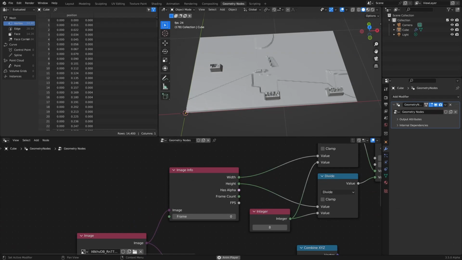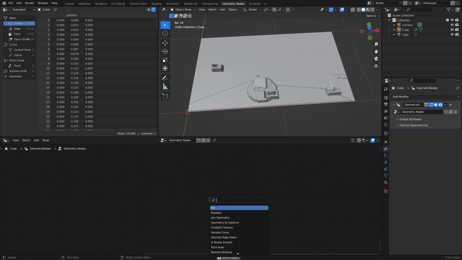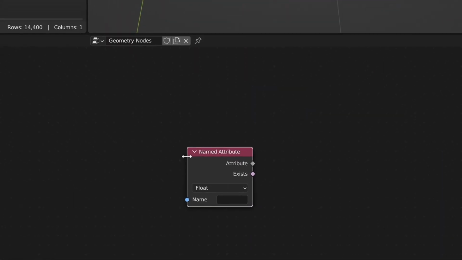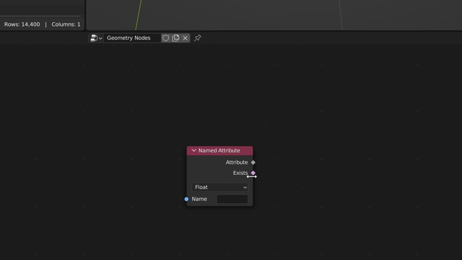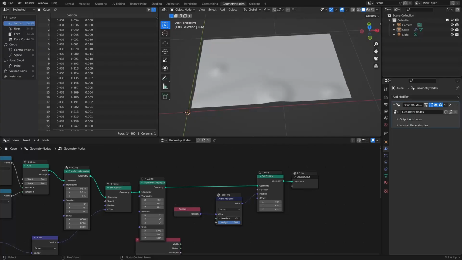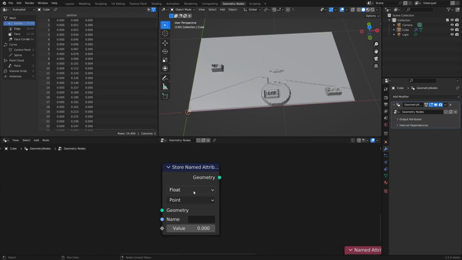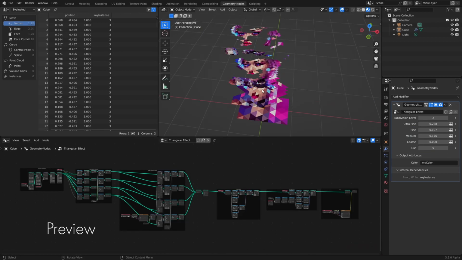The image node allows us to select an image one time and use it in many locations. It's similar to the DRY concept in computer programming, which states "don't repeat yourself." The image info node allows us to extract information about the image and use it to drive things within our node tree procedurally. Alright, so this is what we're going to be creating, but I'm going to break it down